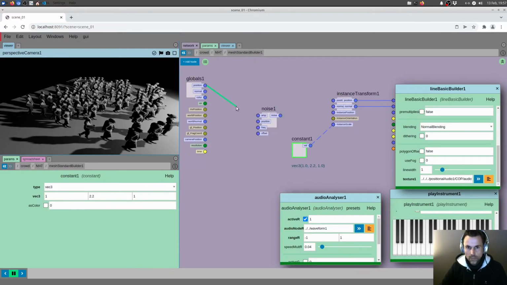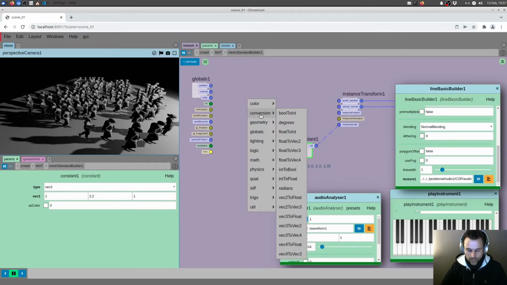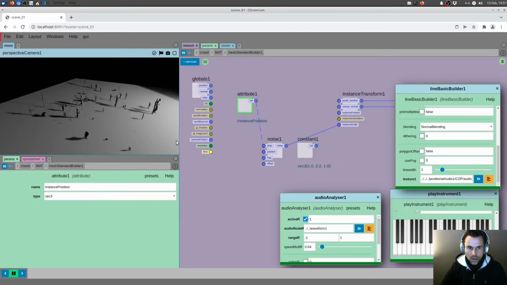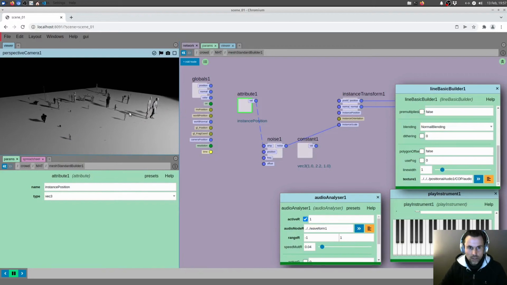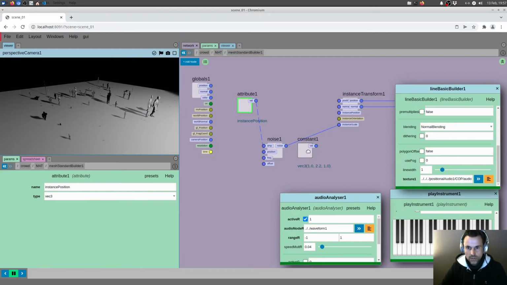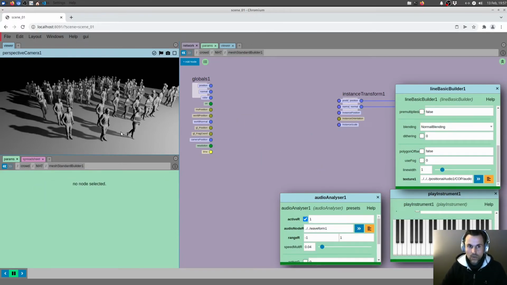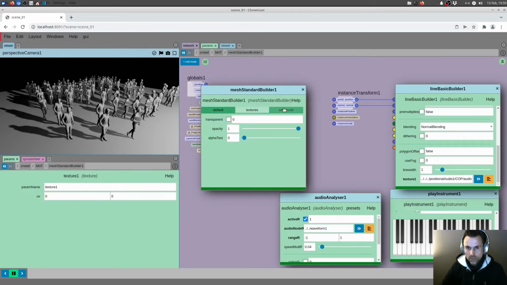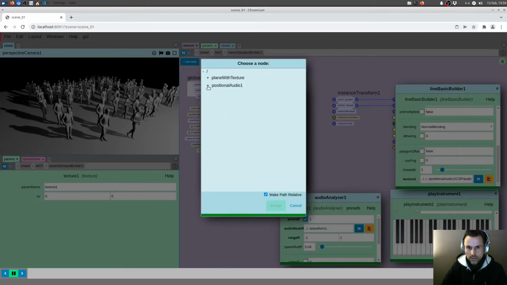And I could do various things. I can put a noise, for instance, if I use the attribute position as the position of the noise, and I can have each instance have a various scale. So we're going to control the scale with our texture. So if I do the same thing that we had here, in the line, I'm going to create a texture. I'm going to plug that audioAnalyser texture here,